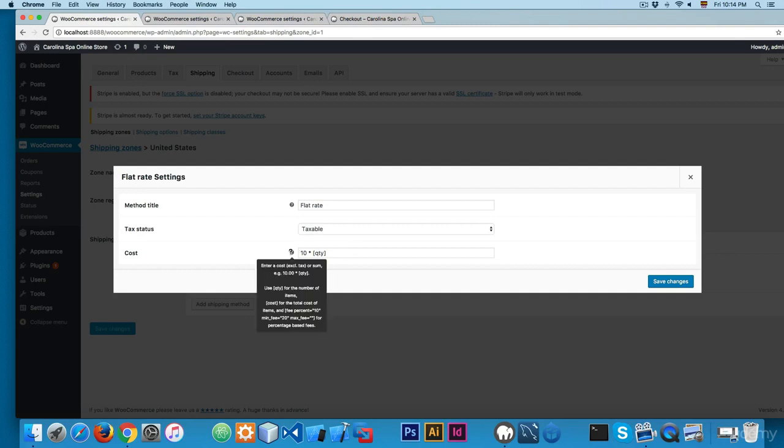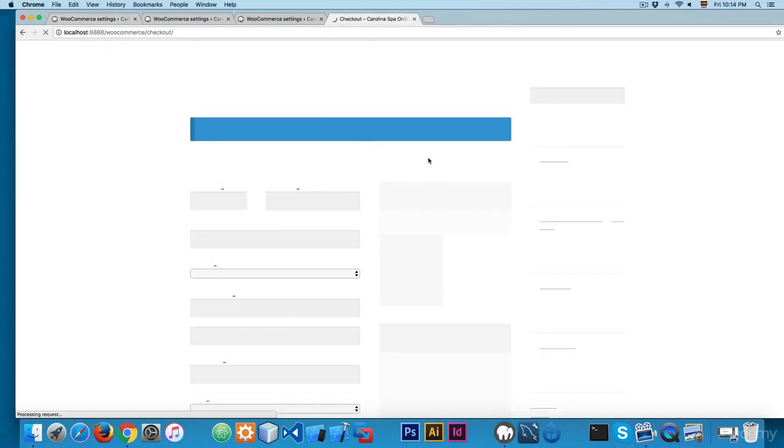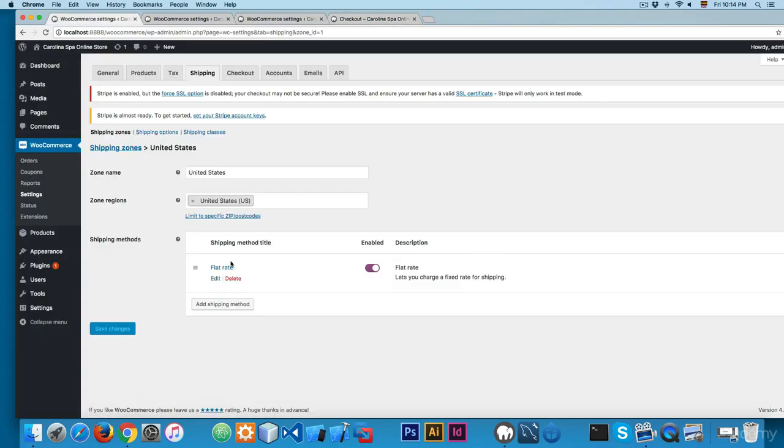So again, I'm gonna hover here. You can see that we have the cost right here inside square brackets here at the bottom. And also we have another shortcut. So for example, you can also charge cost times, and maybe you wanna charge the 10% of the amount of money that this cart or this person is trying to purchase from the website. So let's reload again. And now you can see that the products are $30 and we're charging a flat rate of $3. So of course you can play with these values and you will have a better approach.